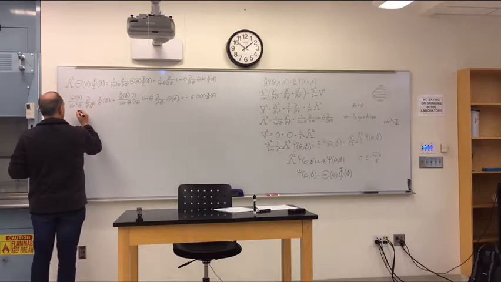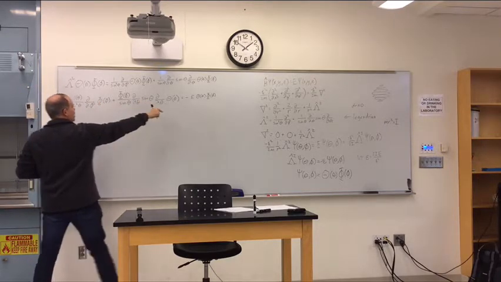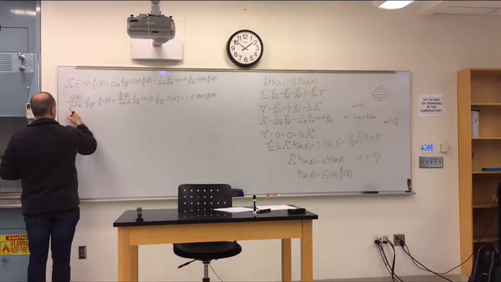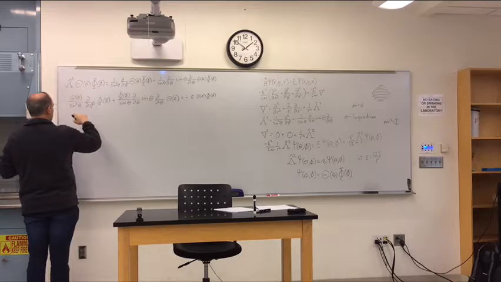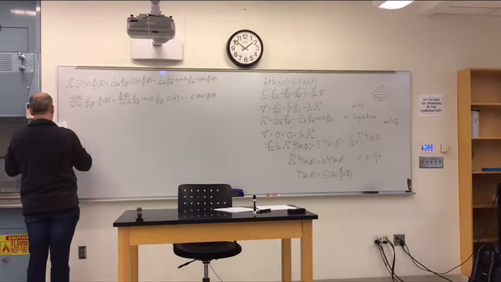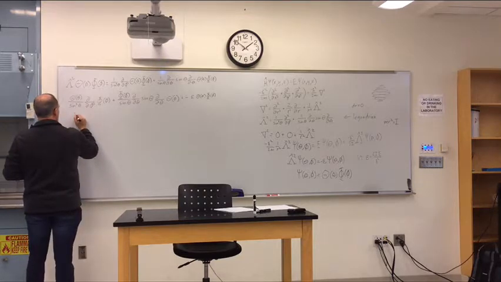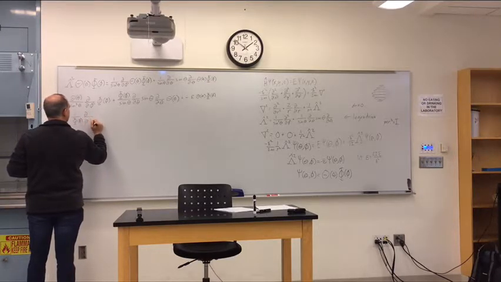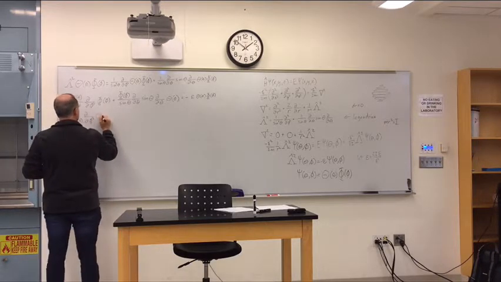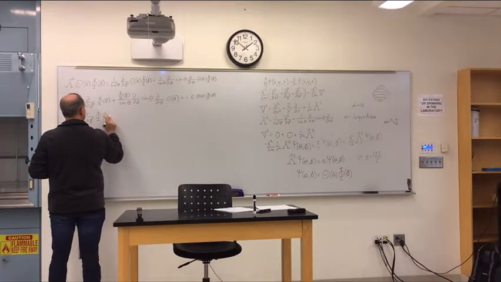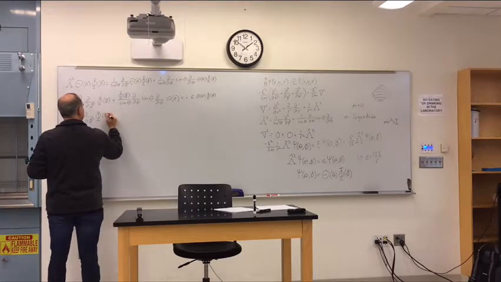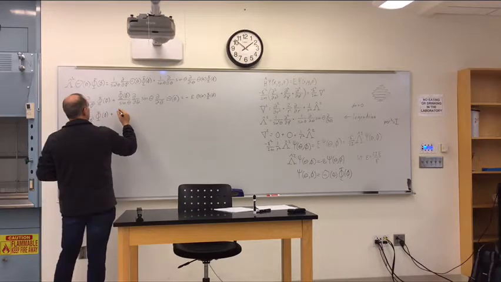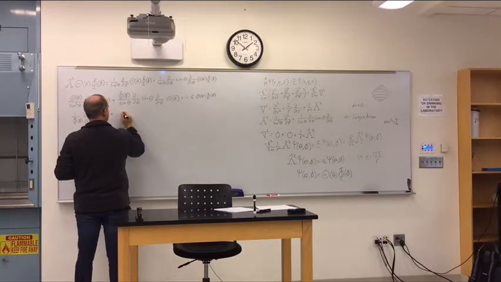So if I divide both sides by this and multiply by sine squared on both sides, that will give me 1 over plus sine theta over